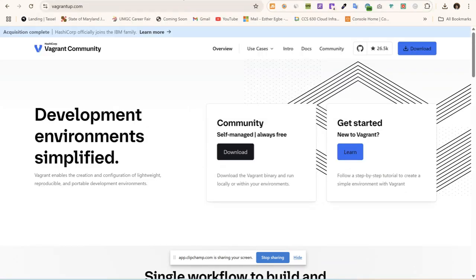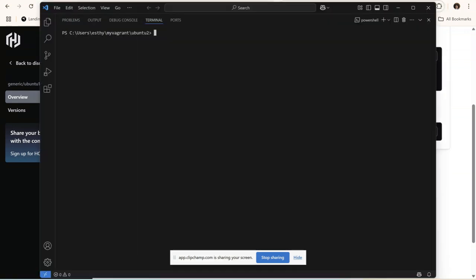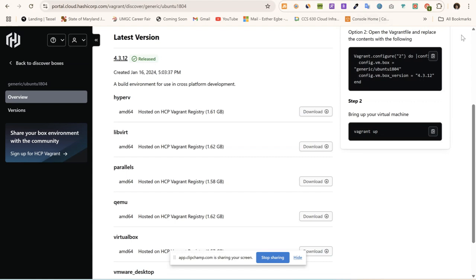HashiCorp. Yeah. So we're going to go to HashiCorp. Once we are in HashiCorp, you can see we are creating a Vagrant file, and the Vagrant file will initialize the box. So this is the command we're going to use: vagrant init, the name of the box. Just copy this command. Our environment ready. Okay, we can now go back to HashiCorp. We copy the command,